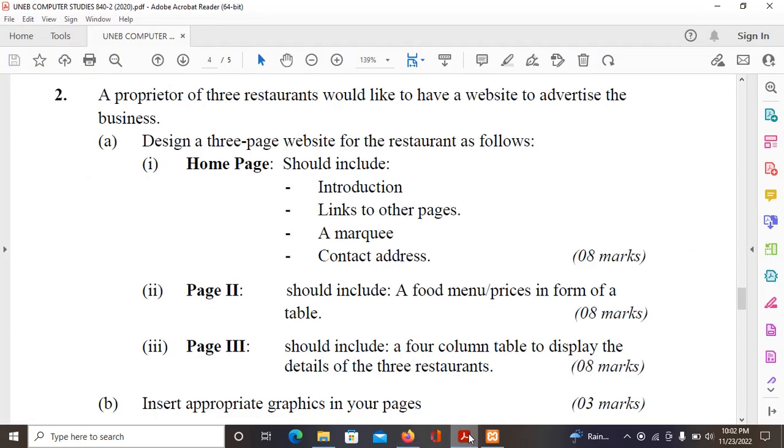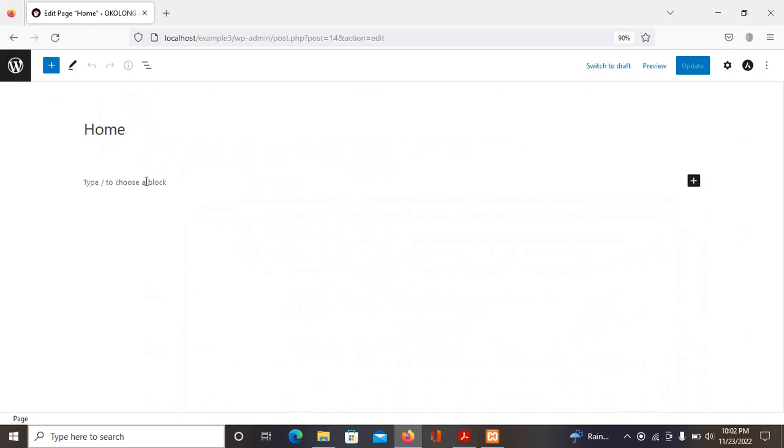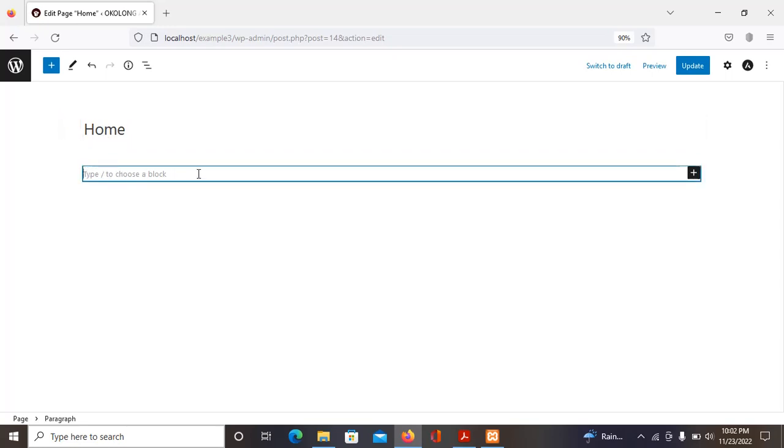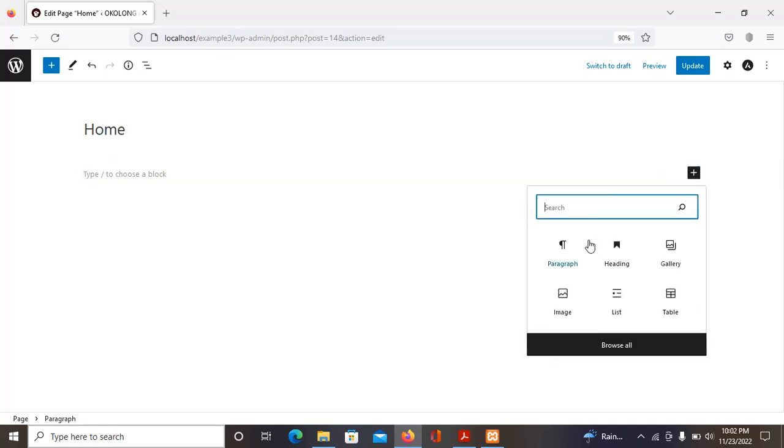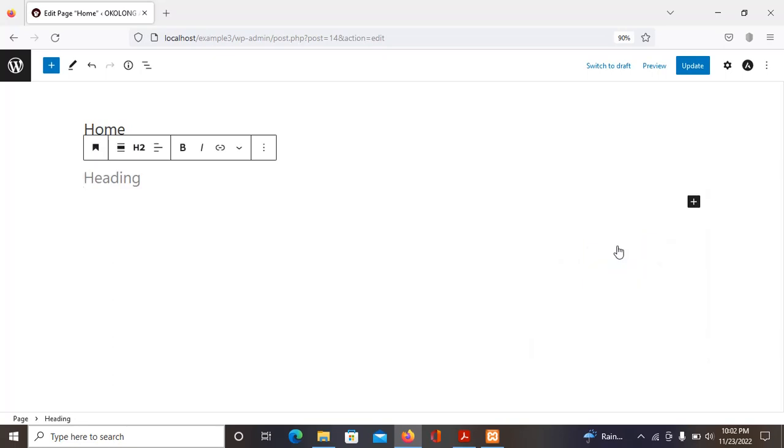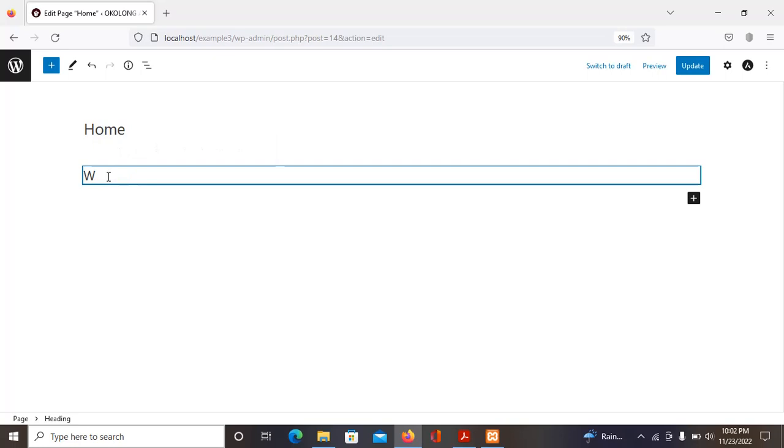here they have said some simple introduction, then my quick contact address. So let us introduce. So we shall add the block. To add the block, you can see here we have this, then a plus here, and specify what you are adding. So let me first add the heading, and I will change it maybe to H3. Sorry, yes, H3, and can introduce welcome